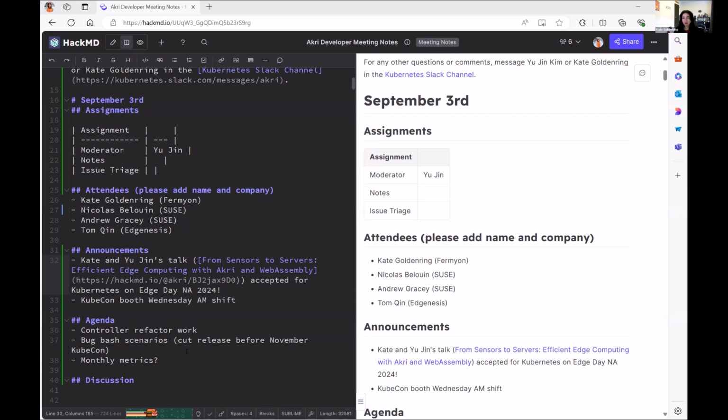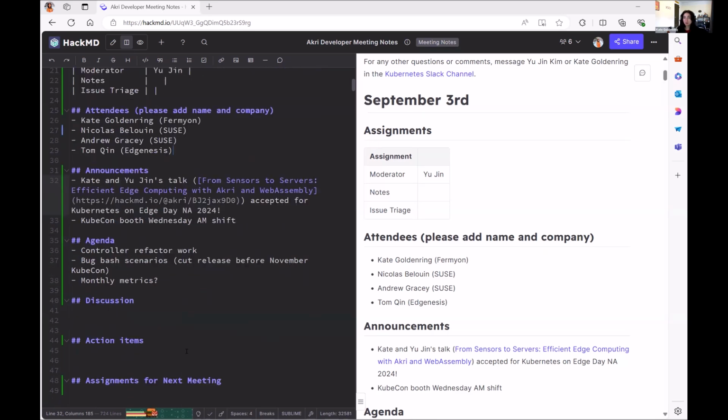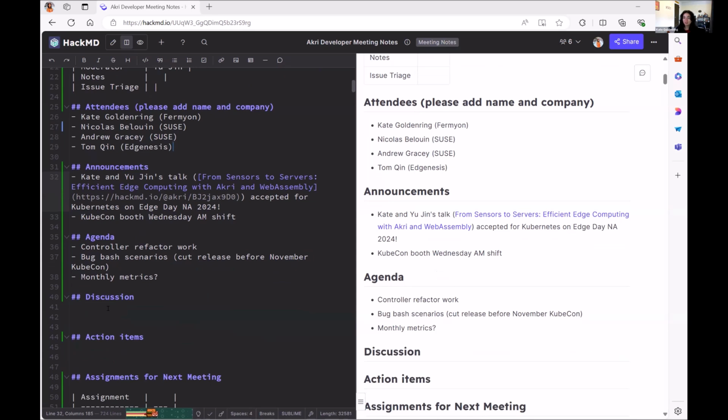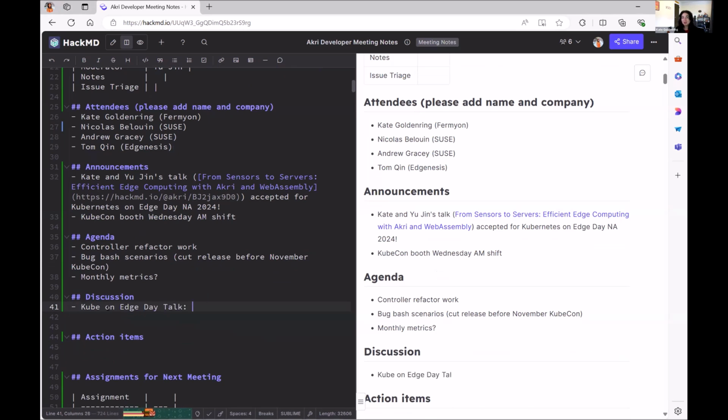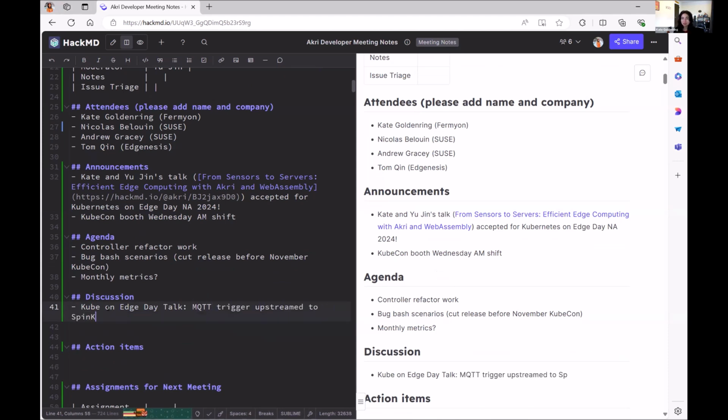These brokers are executed using the SpinCube MQTT trigger. And it's all configurable because with SpinCube, you can inject as application variables the topic for the trigger to listen on. So that's injected by the Akri agent. And that MQTT trigger is now upstreamed into SpinCube. Originally I just had a fork that I was doing that demo on, but that exists there now.